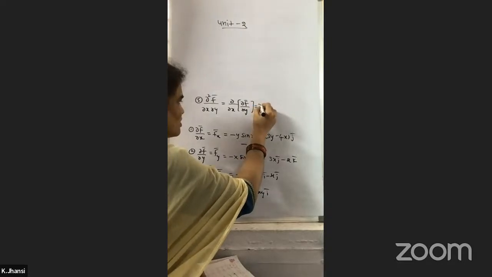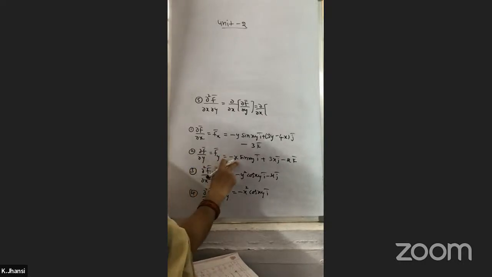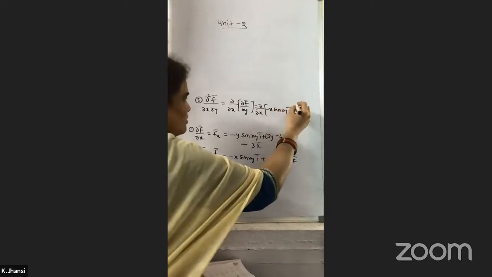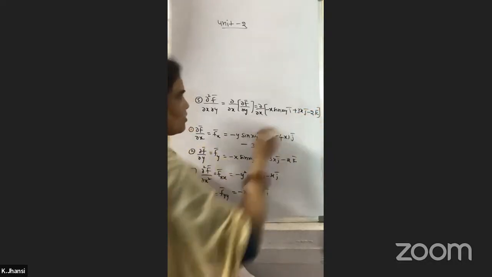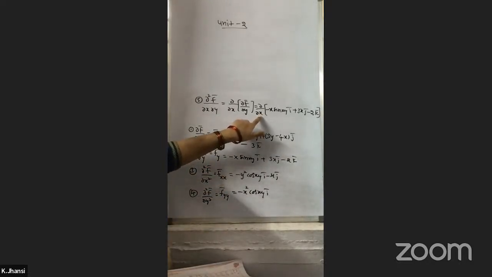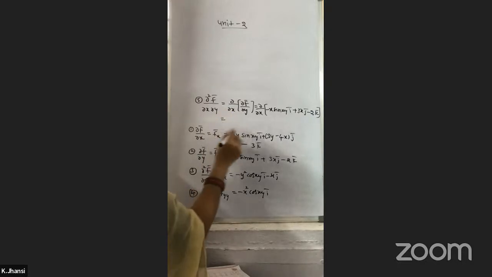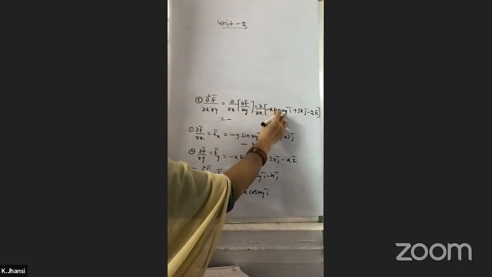Now it is equals to dou by dou x of, what is dou f by dou y value? So it is minus x sin xy minus 2k. Okay. So this is the value of dou f by dou y. And now you have to do the partial differentiation with respect to x. So if you do the partial differentiation with respect to x means, wherever x variable is there, you do the differentiation. So it is equals to minus x, here sign will become cos,